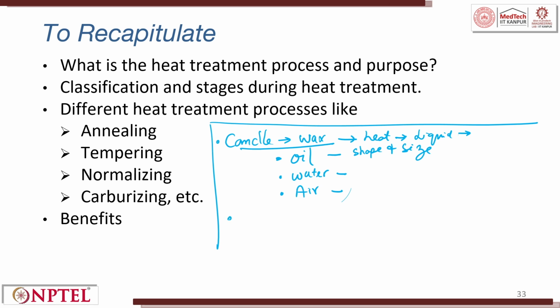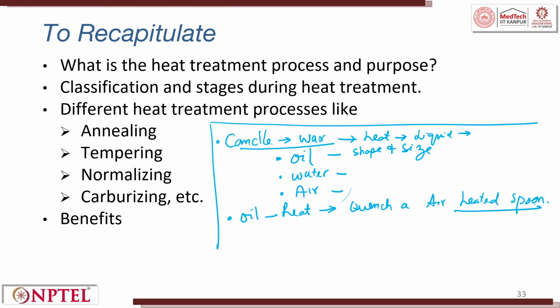Then let us try to do one more exercise. In this exercise, you take material available in the household. You can take oil, heat the oil, and try to quench a heated spoon.